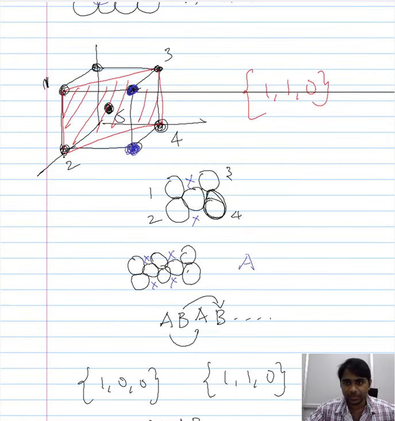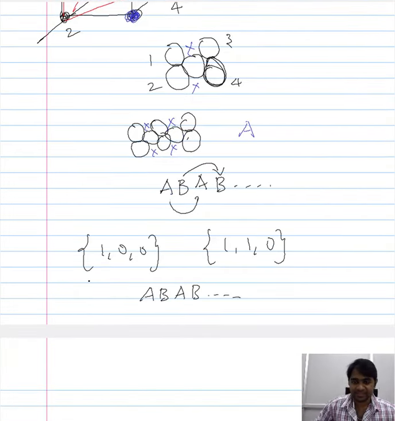And if you consider this plane and this plane, as you can see, the atoms in the blue occupy the position that is between the diagonally positioned atoms in the preceding layers. So this way, what we have arrived at is a stacking sequence where the two adjacent planes are not identical. The atomic arrangements in two adjacent planes are not identical, and thereby we end up with a sequence of AB, AB and so on. So in both these families of planes, you have an atomic arrangement that is represented by AB, AB and so on and so forth. So this continues forever and ever.